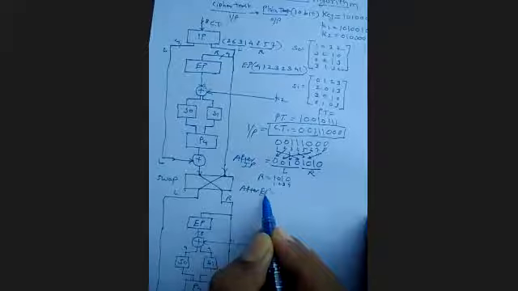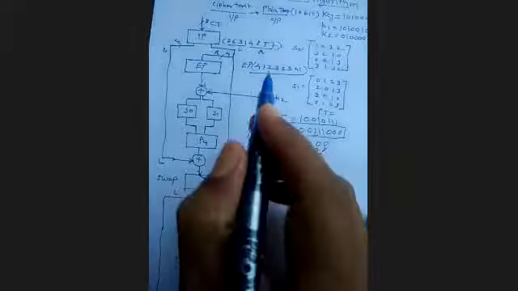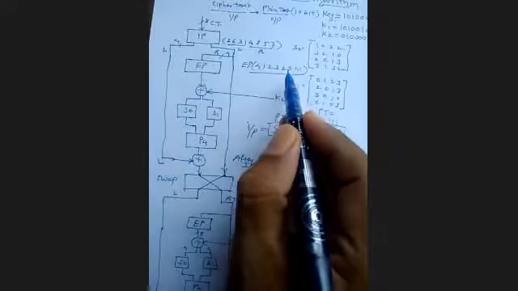So after EP, what values come? 4 values come first. See, 4 1 2 3. 4 1 2 3 means 0 1 0 1, and here 2 3 4 1, 2 3 0 1, then 4 1, with value 0 0 1. So this is the value I have got after EP.